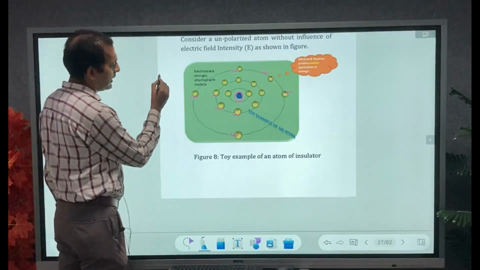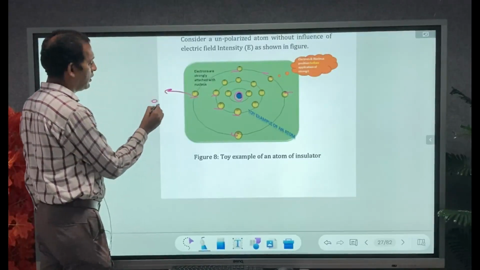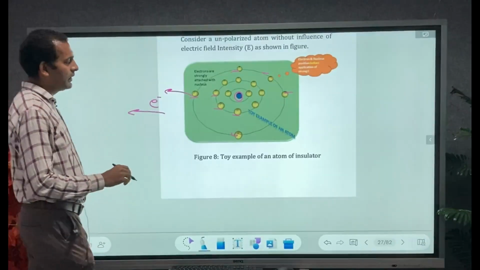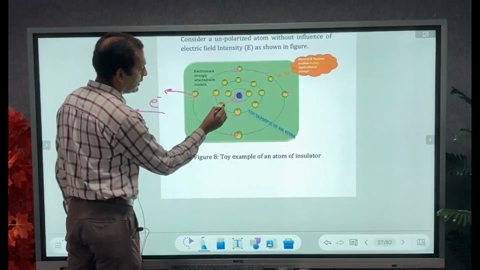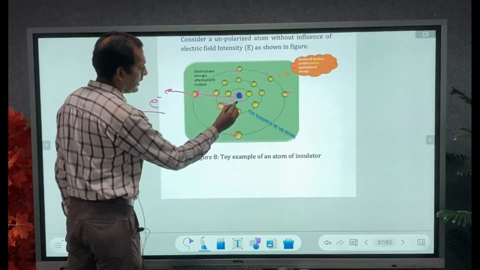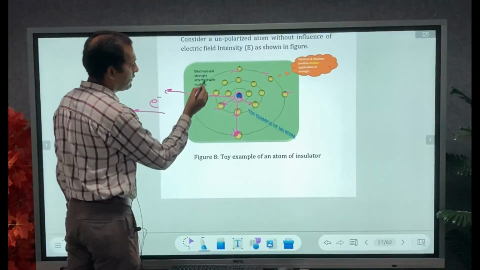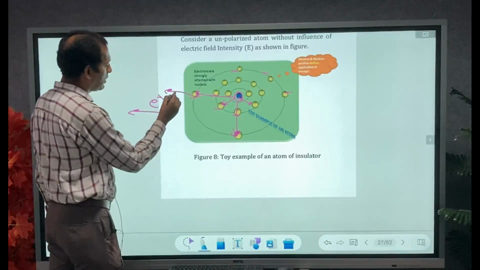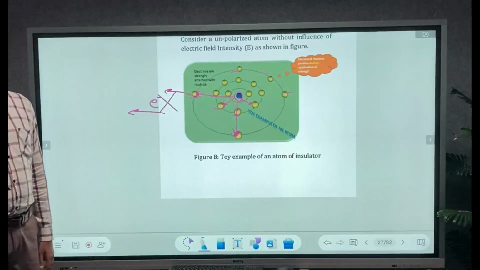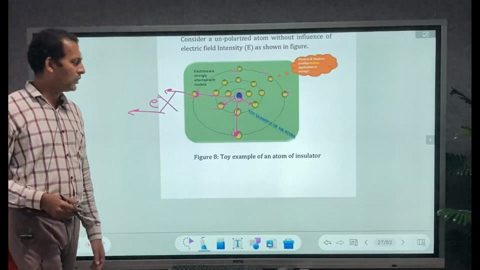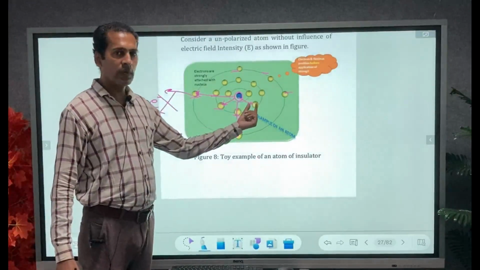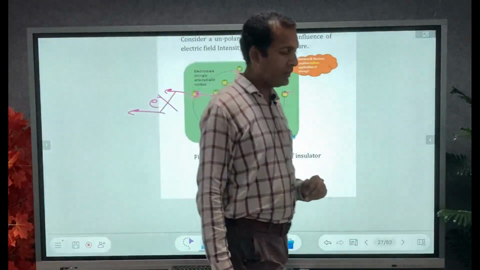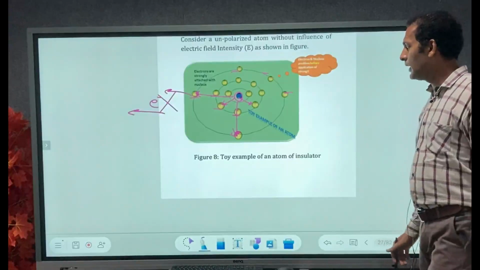Now in conductors we get these electrons out of the atom and they become free, easily available. But in a dielectric the bonding with the nucleus is very strong. Even if we apply a strong electric field, we don't get electrons out of the atom of a dielectric. That's why they are dielectric. They don't conduct because they are strongly attached to the nucleus. That is the important point to remember in the dielectric.